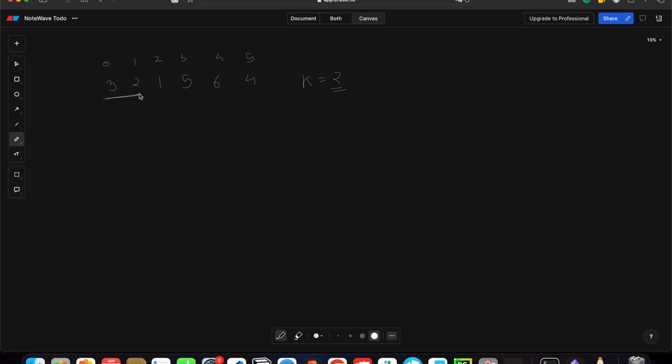First we will add k elements, which is 2 elements, in the min heap. So this will be our heap. Let's assume it's like a bucket. After adding these 2 elements, it will be stored like this, 2 and 3.